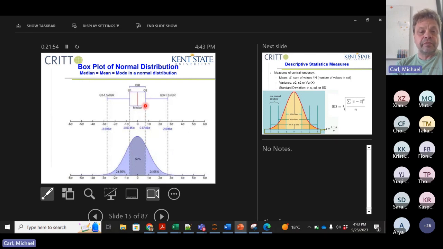And if you go 1.5 interquartile ranges towards the left, then we are at 97% or so. So this covers 97%, and the data points outside here would be considered outliers. And if this is a normal distribution, that fits quite well